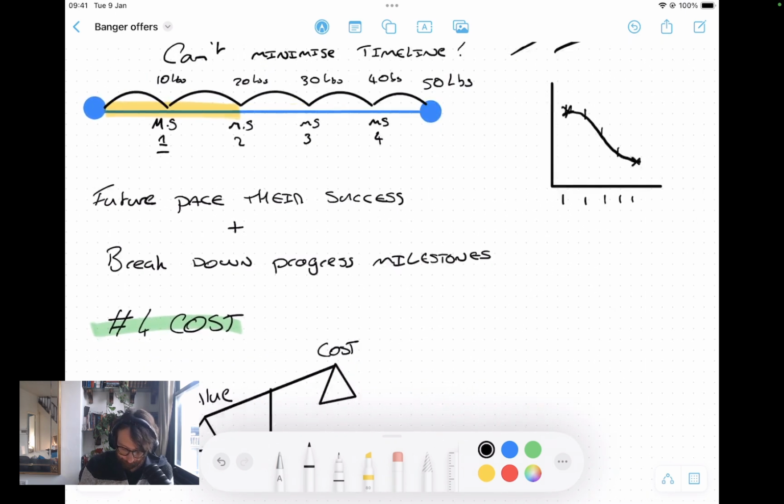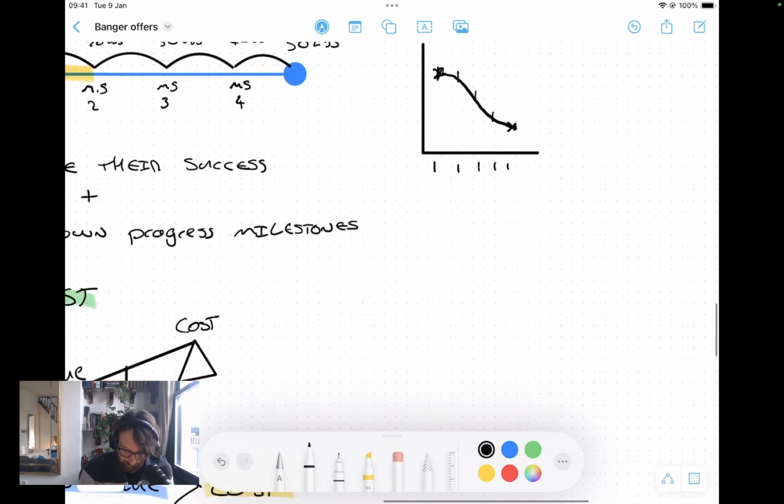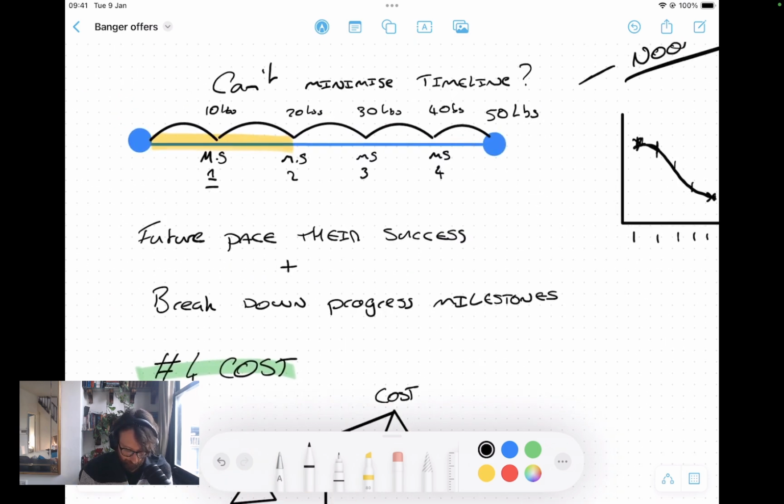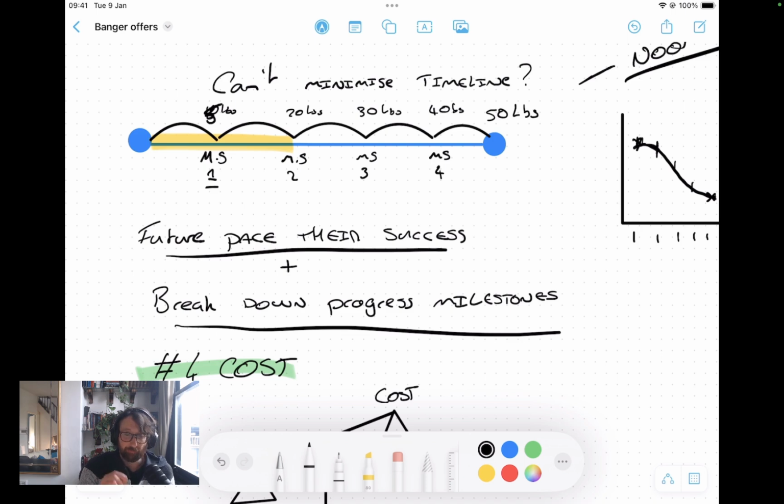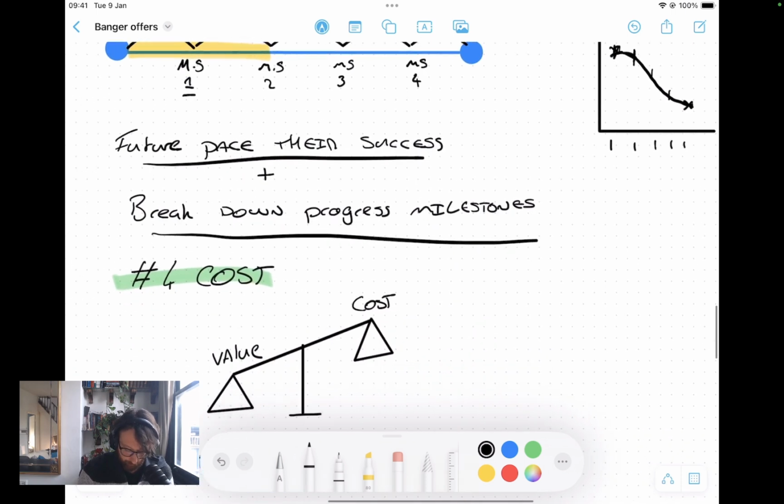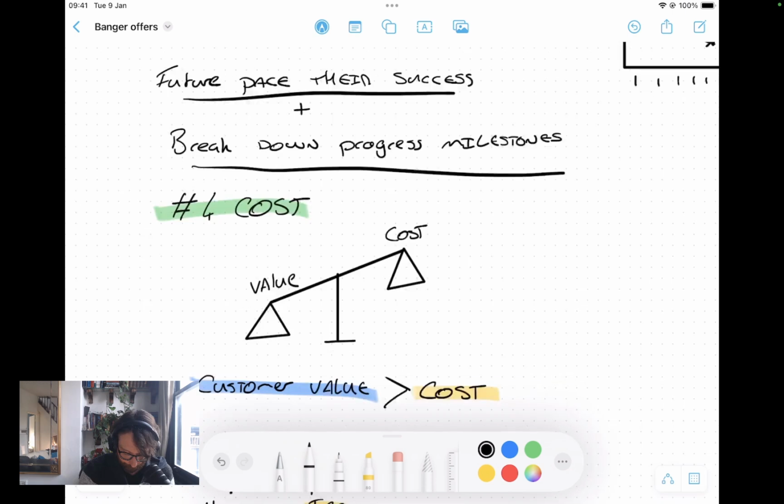And like we said, if you're trying to get them from here to here, that first progress might be when they first start to see things change for the better. It can be a small thing. So if they're trying to lose £50, this could even be losing their first £5, if they've not been able to lose £5. Losing that first £5, they're going to be like, this is amazing, I've lost £5, I've never lost any weight, I'm on the right track, I'm going to stay. So future pace their success, break down the progress milestones, and front-weight it. Help them get a win quick with the offer, and build the offer so it's going to be doing that for them.